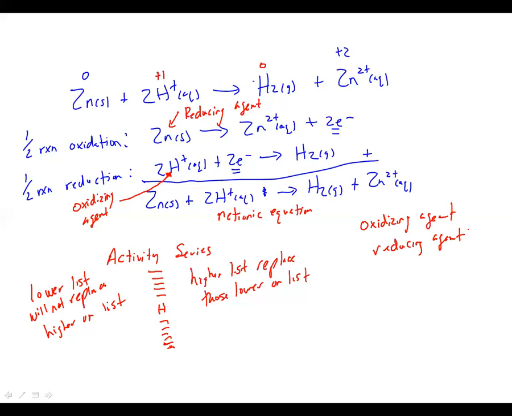So when you're trying to determine which one is perhaps a better oxidizing agent or a better reducing agent, you want to look at each of those metals, for example, and try to determine how many times it went through oxidation. So, just hypothetically speaking, not probably what you're going to see, let's just say zinc went through oxidation 4 times and magnesium went through oxidation twice. Because zinc would have gone through oxidation 4 times versus twice, the zinc would be a better reducing agent than the magnesium, and vice versa